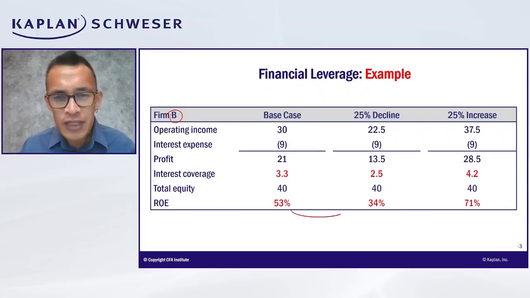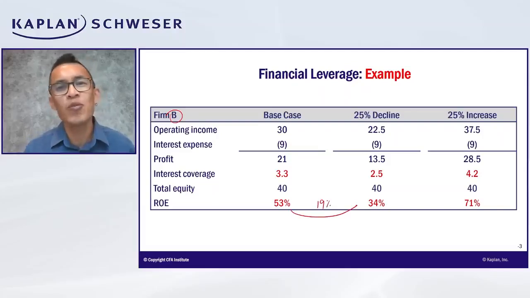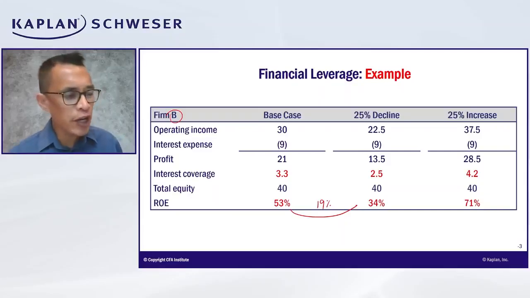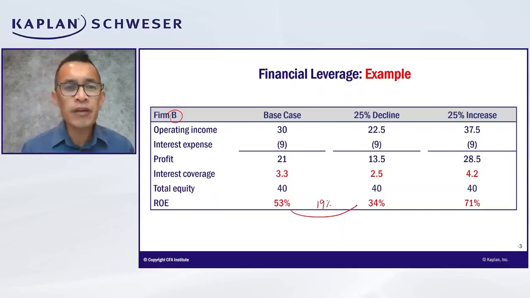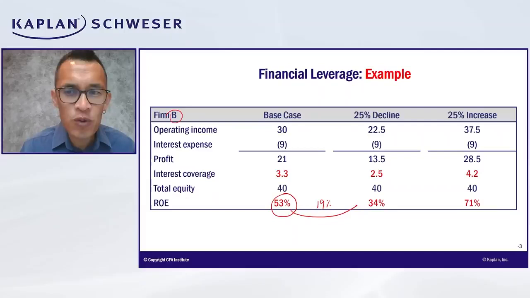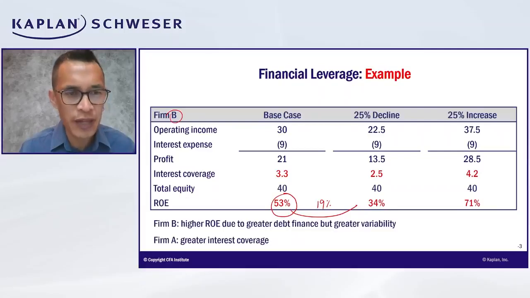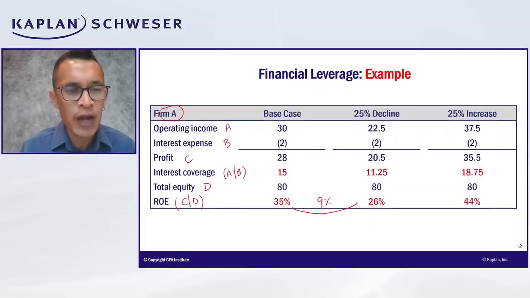And notice that the range here is quite high at 19%. So there's a lot more sensitivity variability. So if you take a look here, firm B, right? If you look at the initial base case ROE, it is 53%, okay? And that, sorry, let me just go back here, and I'll show you that that's quite a bit